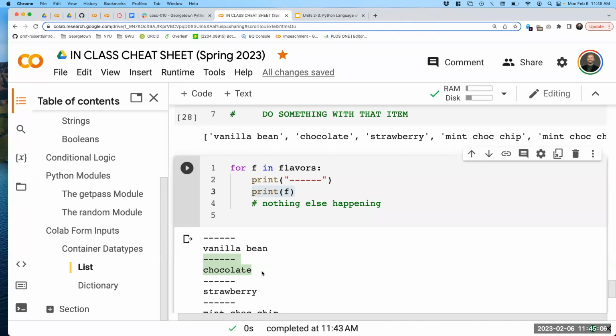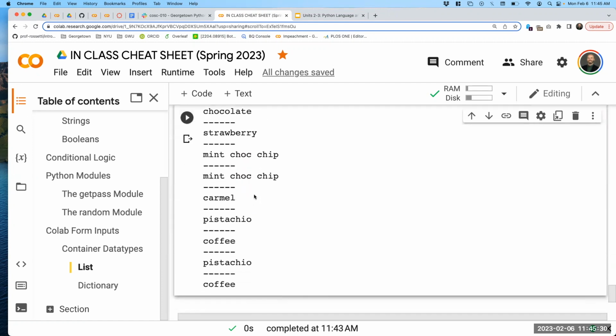All right. So I just want to show you that this variable here, F, you can choose whatever you want. And it kind of is weird to get used to. F doesn't refer to anything above or below the loop. F is our own variable that we're choosing to call each item in the loop. So equivalently, for F in flavors, print F. Equivalently, we could say something like